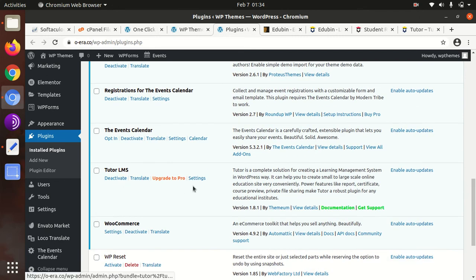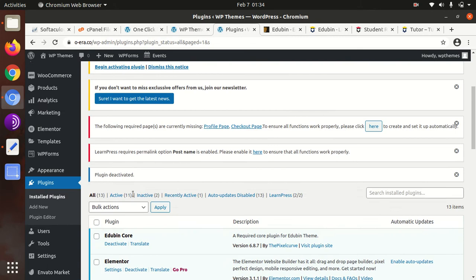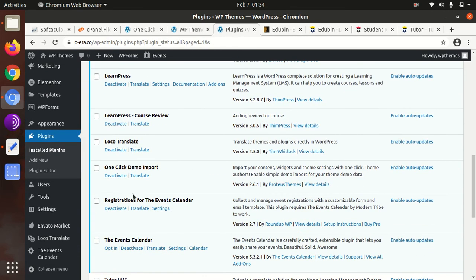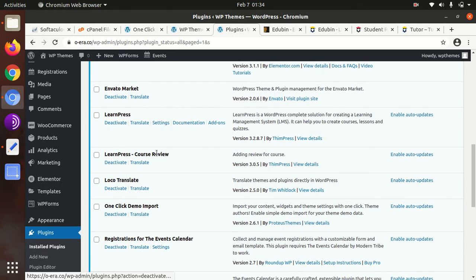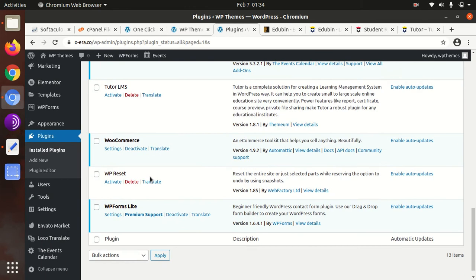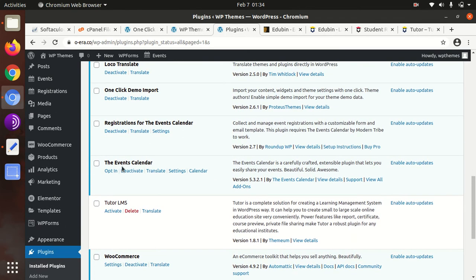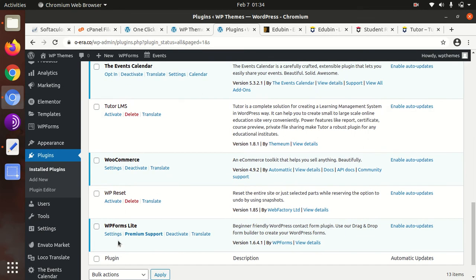So Tutor LMS should be deactivated because we are not going to use it in this demo. In case you chose the Tutor LMS layout, you just keep it activated and deactivate LearnPress, and the rest of the plugins are fine.